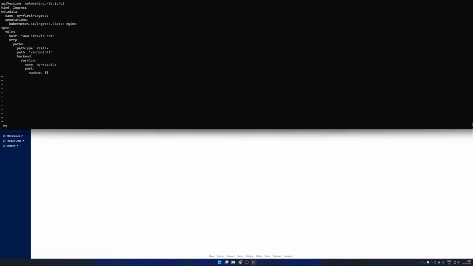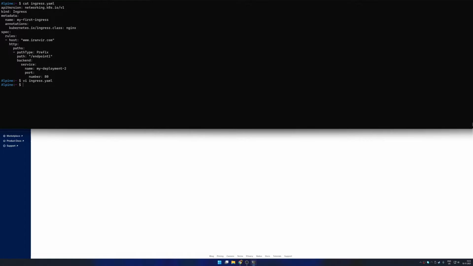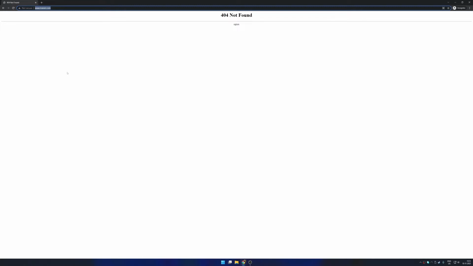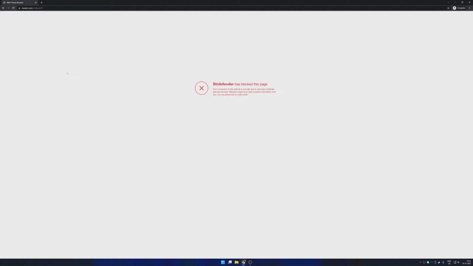I mean, externally, you'll always be hitting port 80 and 443. That's the thing with Ingress. Ingress only works for port 443 and 80, and it works only for HTTP traffic or HTTPS traffic. That's that. Let's do a kubectl create -f ingress. So I'm creating an ingress object, and if everything was done correctly, I can go to slash endpoint1 and